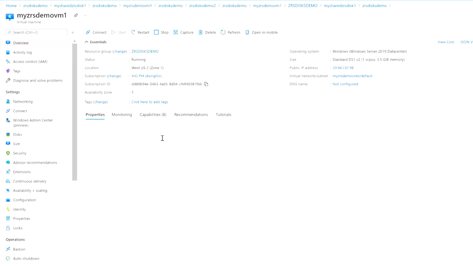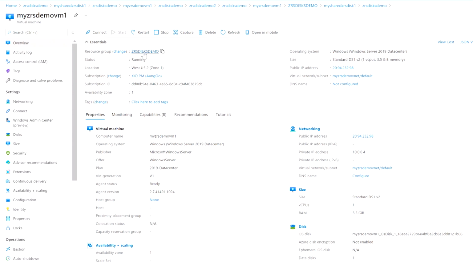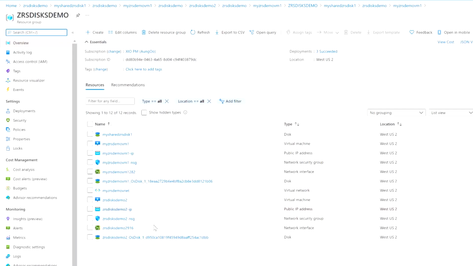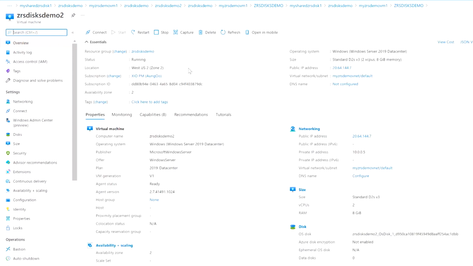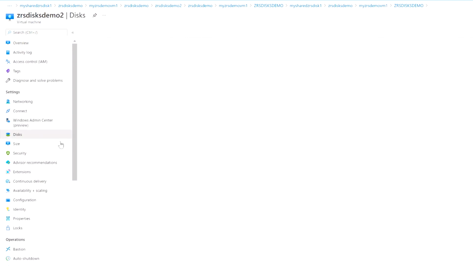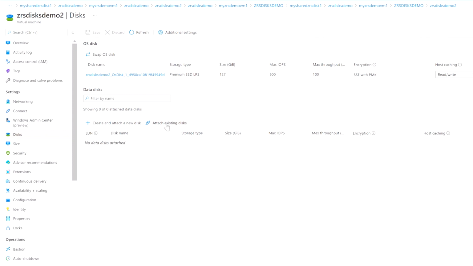So now let's go and find the second VM, which is created in the second zone. So you can see here, this VM is created in zone 2. And then we'll follow the same process. We'll go to the disk blade and then click on the attach existing disk button.